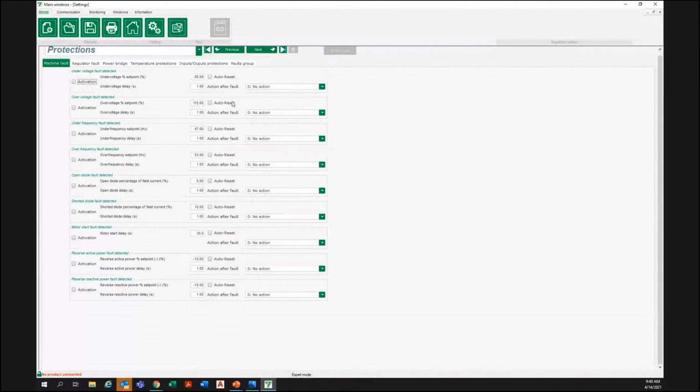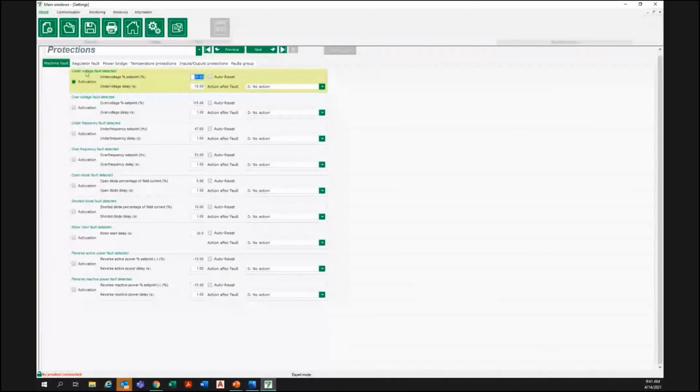But I will quickly point out the process of selecting these points. I know Mike already went over it, but I'll do a quick recap. You'll have to press the activation to activate the fault, or to activate the protection. And then you'll have a delay period of time, because sometimes, if it's over voltage, we don't want it to trigger every time we go 1 volt over the set point. So we'll set up, say, 10 seconds to make sure that it's actually a real over voltage scenario. And then this percentage set point is stating what percentage of the rated voltage you're willing to exceed.